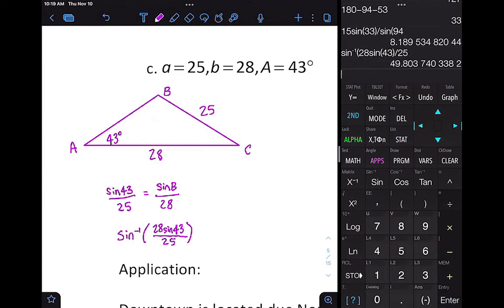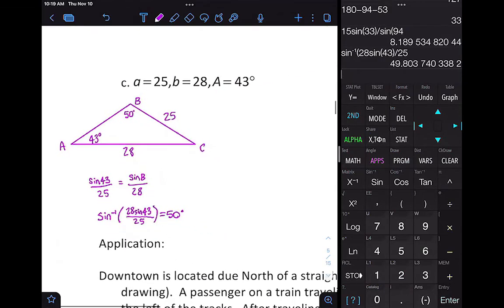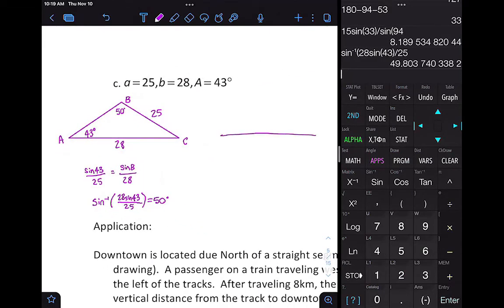Apparently I got 49.8 degrees here, and let's go ahead and round that up now to 50 degrees. So that is angle B. But we need to go and double check our other possibility. Now I'm not going to draw it to scale here, so this isn't going to actually look good. But